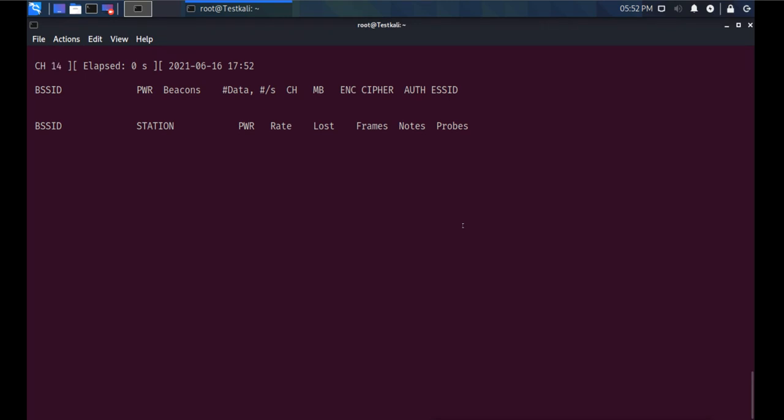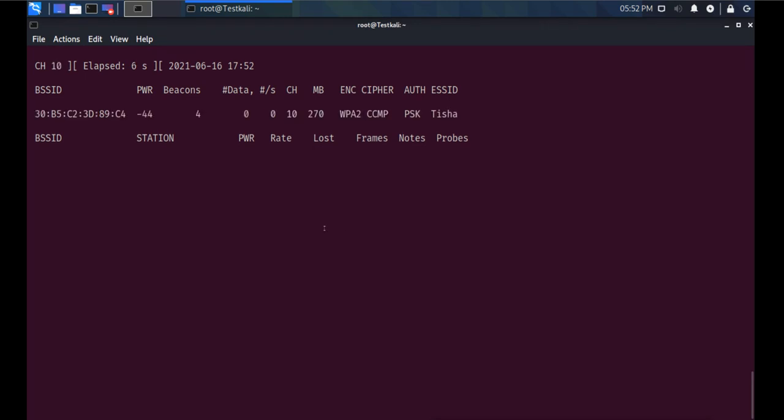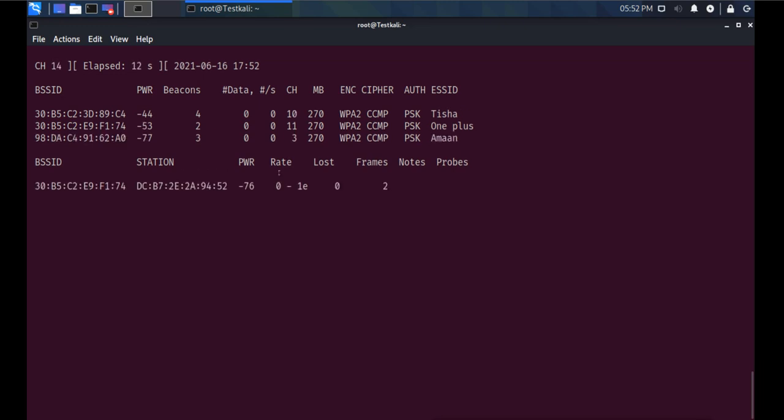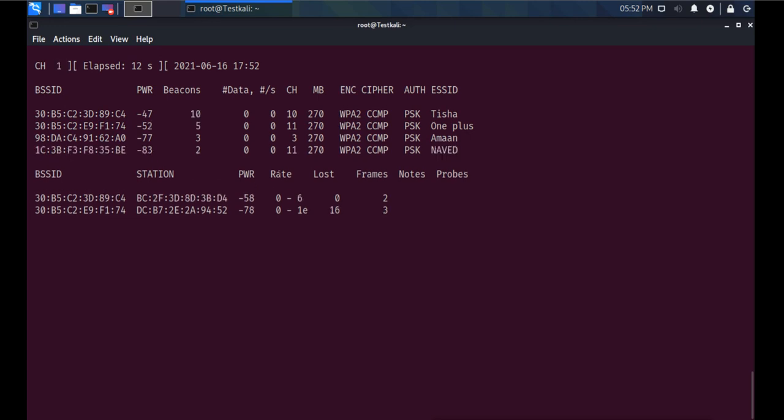Now it is going to sniff all the available networks around us. You can see the BSSID of those network APs, and the SSID name of those networks.